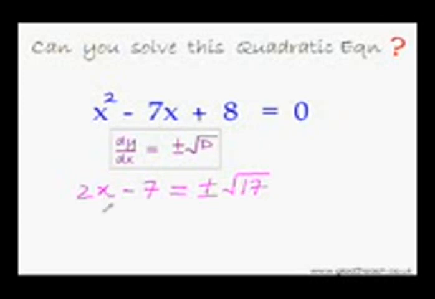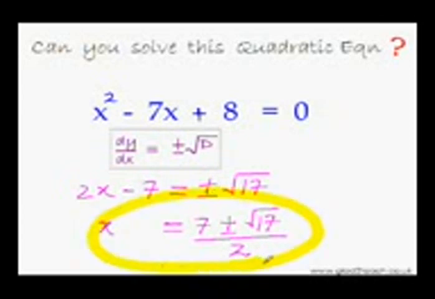So this means x equal to, take this minus 7 to the other side and it will become plus 7. So now take this coefficient 2 to the other side. So obviously this 2 will go in the denominator. So we'll put it as over 2. So that's it. Question solved. So once again, we get the same two roots that we had got using the quadratic formula.